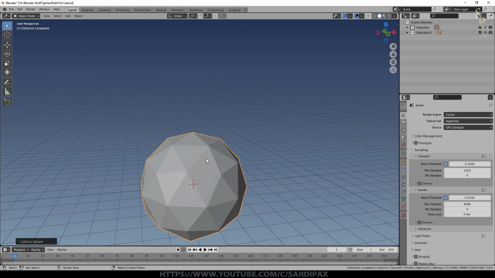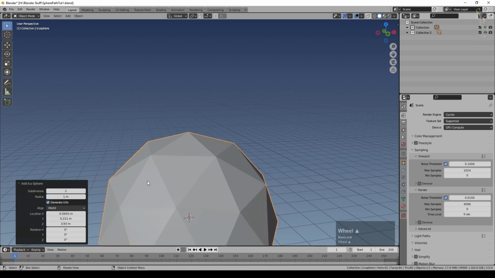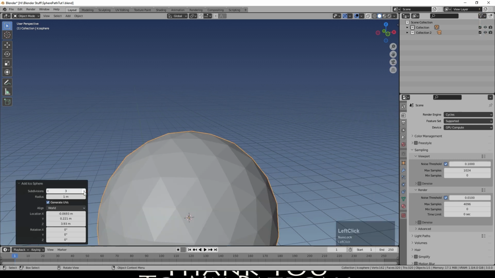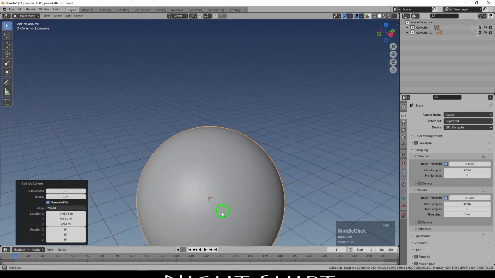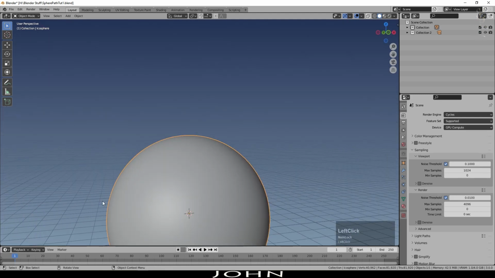You can even use a cube and continually subdivide it and smooth it to get to quads rather than these triangular faces. And now I'm going to increase the subdivisions quite a bit because we are going to need a lot of geometry. We're up to 81,000 faces there, which is quite high, but we'll see how we go. And I'll set it to shade smooth. We'll call that our planet.